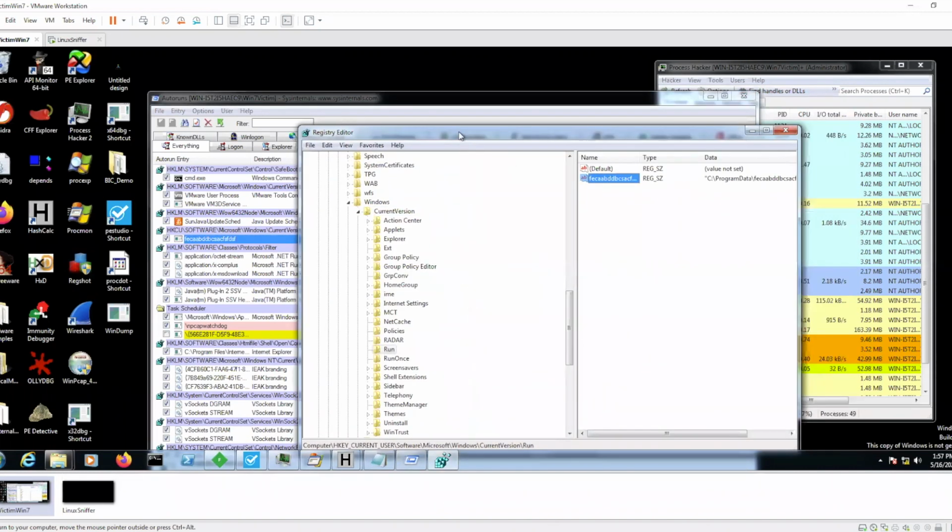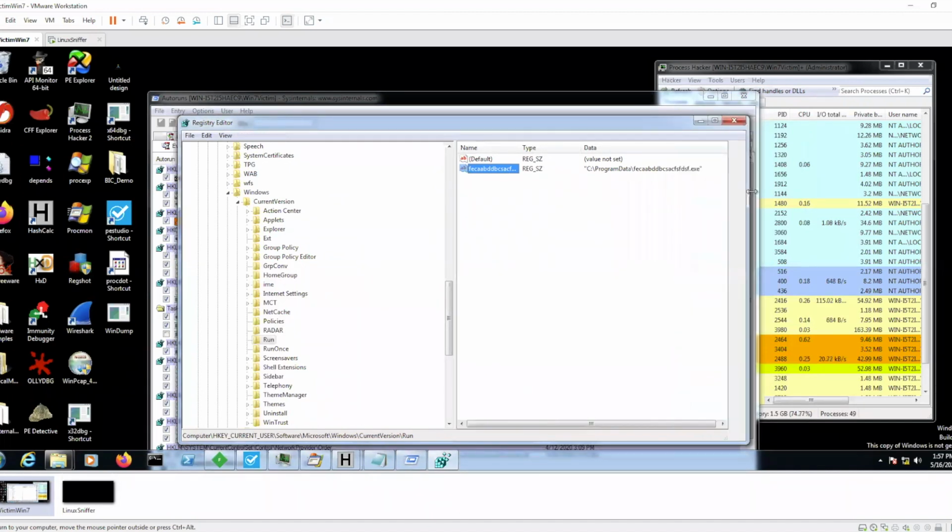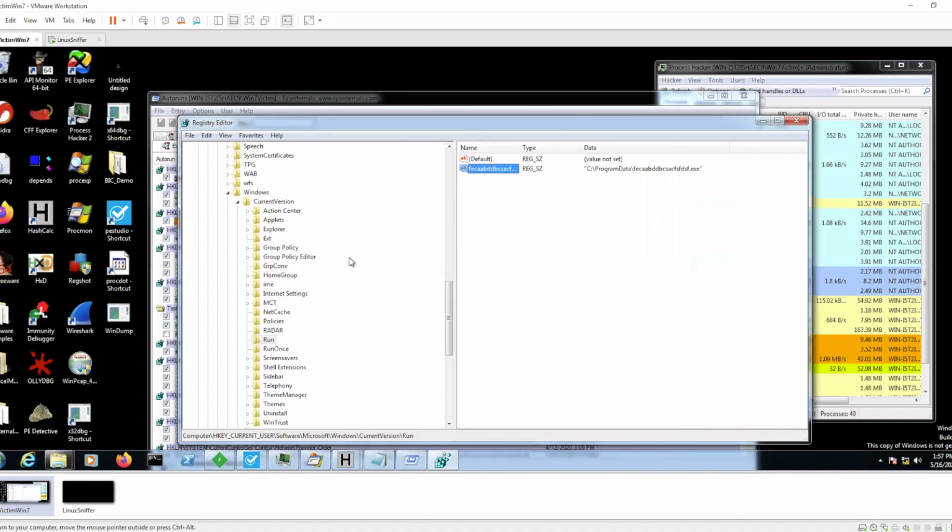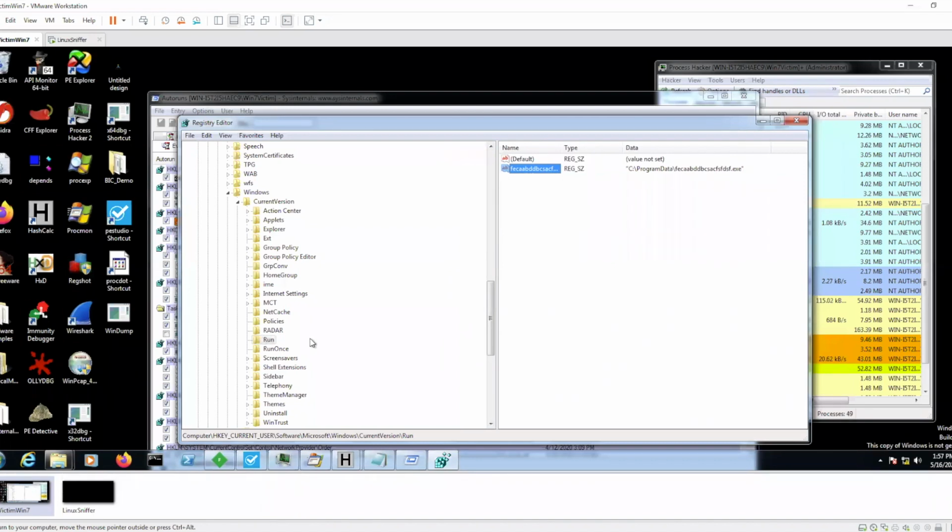This takes us straight to our registry. And as expected, there is an executable inside of the run registry, which means that this is possibly a persistence mechanism. And we could probably conclude that this piece of malware dropped this extra executable onto our file system or in our registry